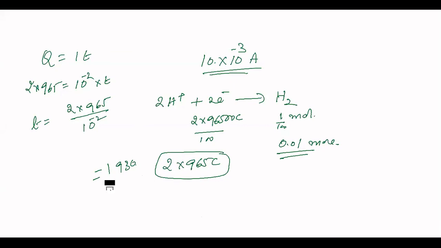That answer is not there. Ma'am, it's milli. That I converted already. 10 milli, 10 into 10 to the power minus 3. And if you convert, it becomes minus 4, ma'am. 10 into 10 to the power minus 3 it is. It becomes 10 to the power 1, 10 to the power minus 3. When you add these two, you will get 10 to the power minus 2, isn't it? Correct?